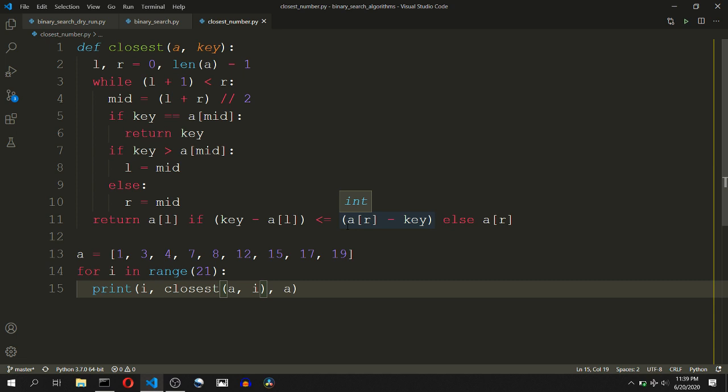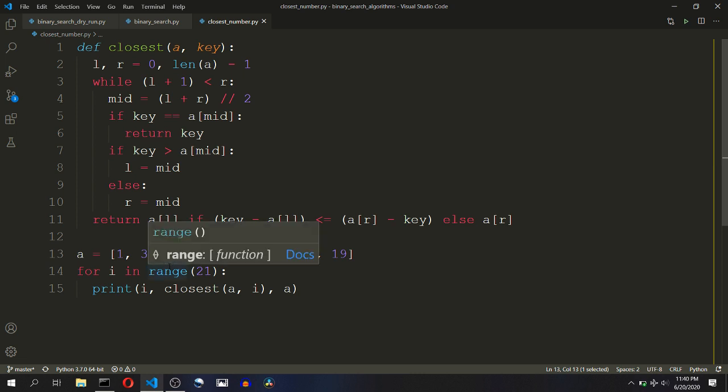So for example, in this array, if the input is 6, the position of 6 will be virtually over here. 6 is not present in this array, so we will find a value which is lesser than the value of 6. So we will return 4. This is a value equal to or just lower than the input.